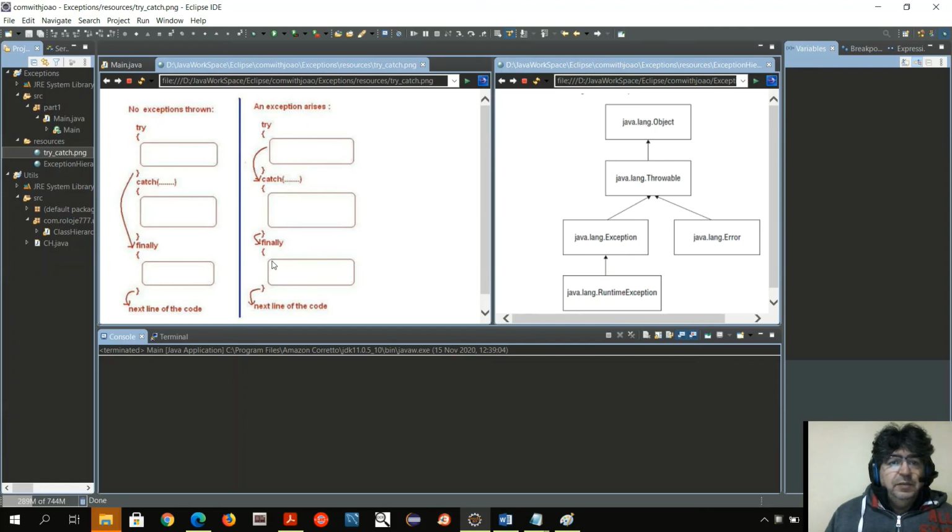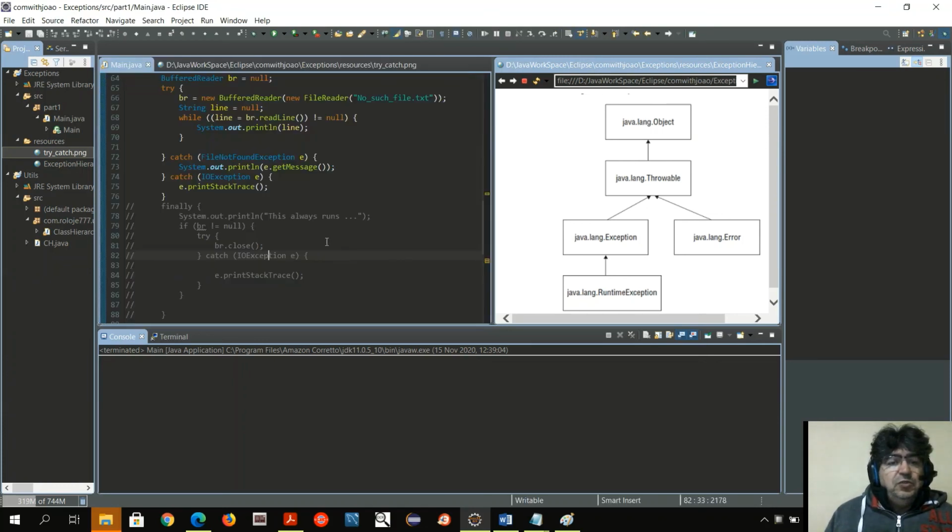If you're reading a file, irrespective of whether the file is opened and you can't read, but it's open, you still want to close those resources. So even if there's an exception thrown for some reason, a parsing exception or something when you're reading the file, even if it throws an exception, it must still close your resources. So the close will be here. But remember that your close method can also, because it's reading the file in this case, throw an exception. So what you do there is you would then,